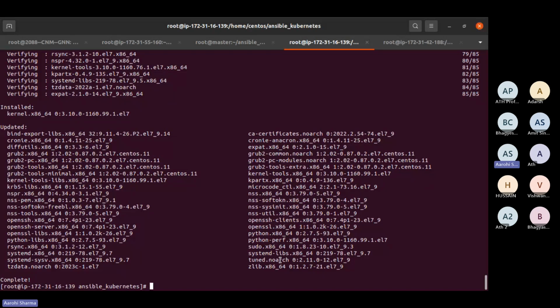So after this, I'm just going to run another command for Ansible. That is, I'm just installing the EPEL repository. EPEL means, guys, the Extra Packages for Enterprise Linux. Ansible is available in EPEL, so I'm installing the EPEL repository using sudo yum install. And guys, I'm using yum as this is CentOS. If it is Ubuntu, then I'd use apt-get, right? So I'm doing sudo yum install epel-release.